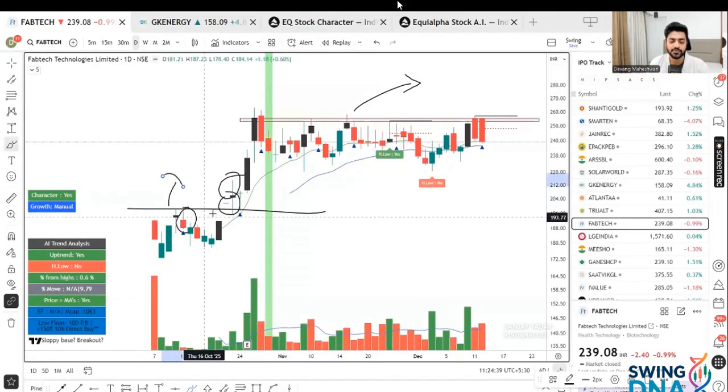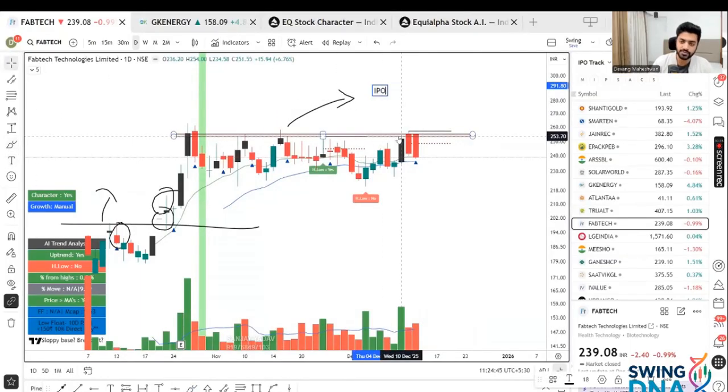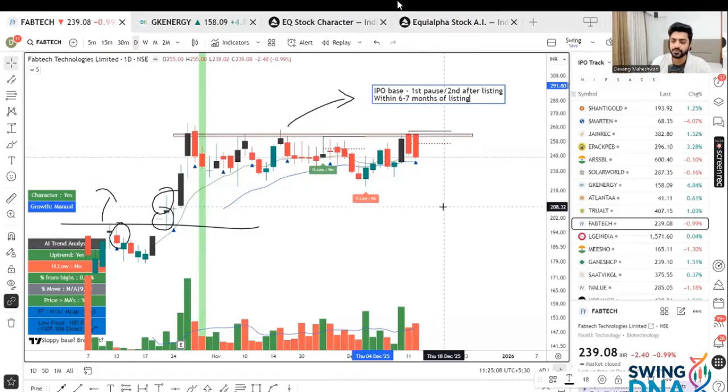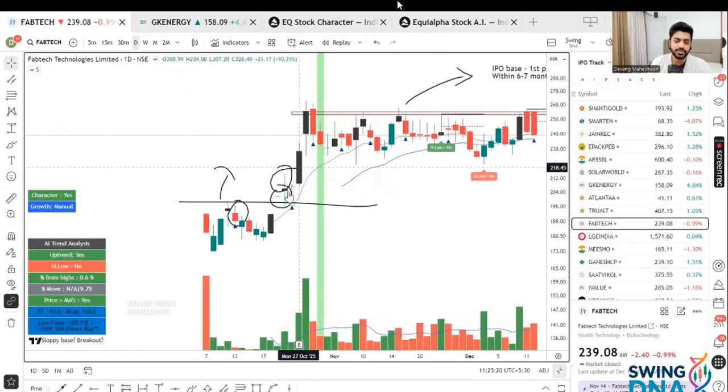In fact, this was also there. These are IPO bases, okay. These are called IPO bases. Typically the first or the second base after listing, or another way to look at it is within 6-7 months of listing. The first pause within 6-7 months is usually called an IPO base. Okay, and typically we try to trade this only and not before the first 15 sessions, because the simple reason is